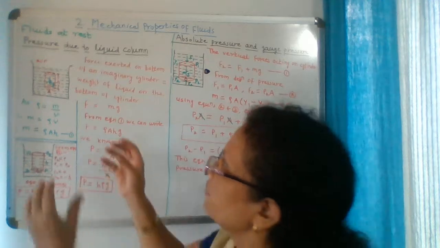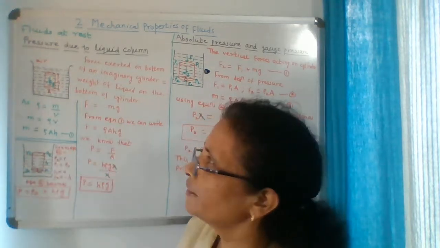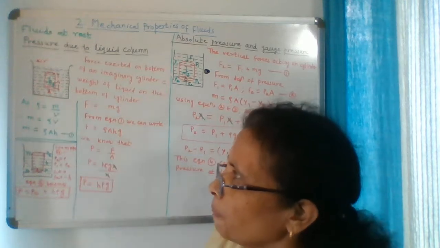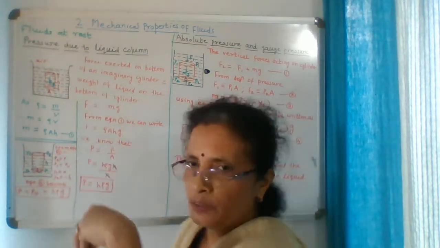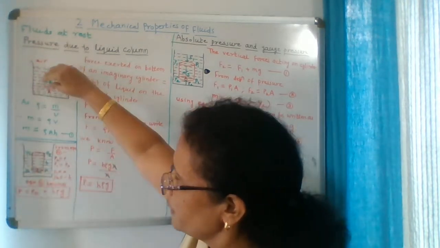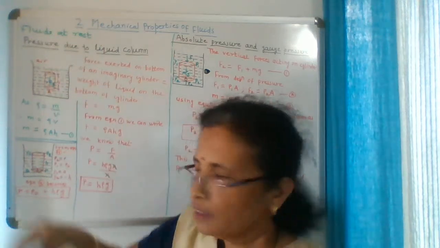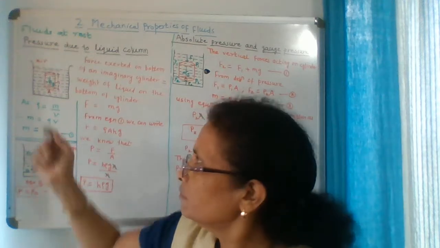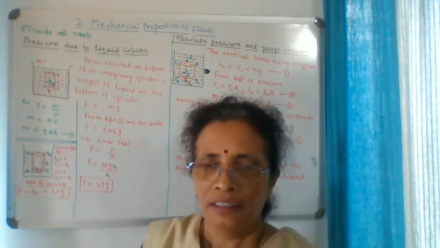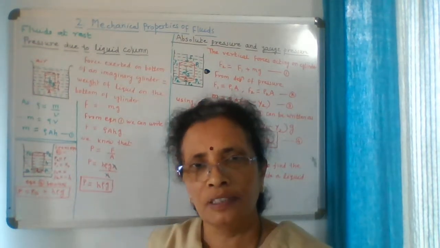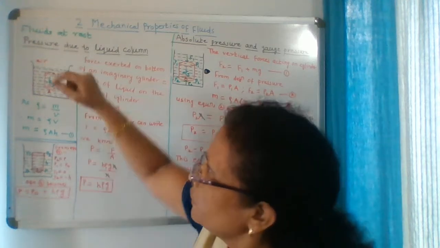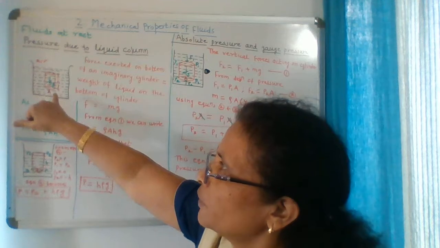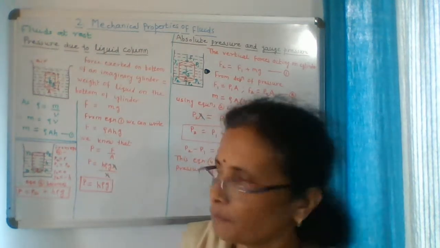Now the weight of the liquid inside the container is equal to mg. This weight of the liquid will produce a force on the bottom as well as on the walls of the container. But for the walls of the container, these forces are equal and opposite, so they cancel each other, and only the force in the downward direction towards the bottom, in the normal direction, remains.